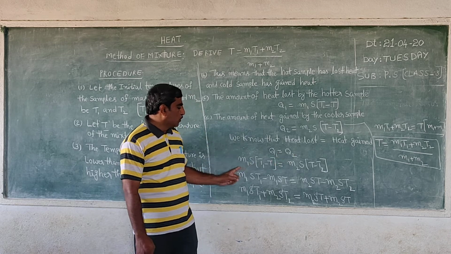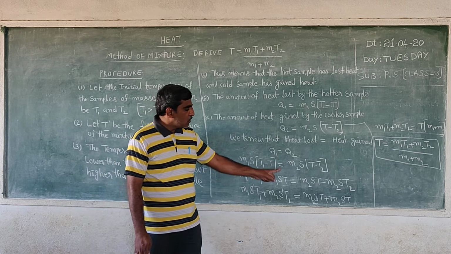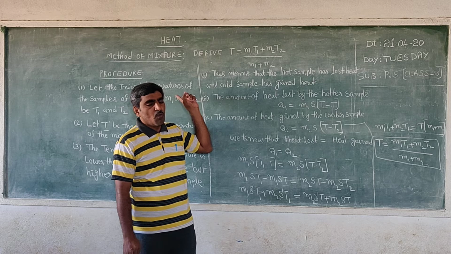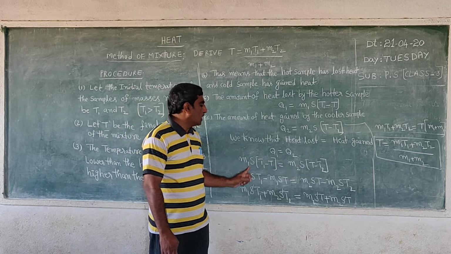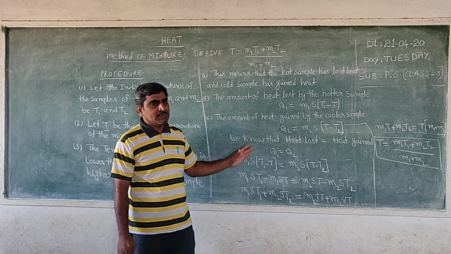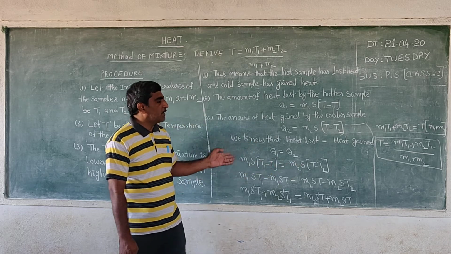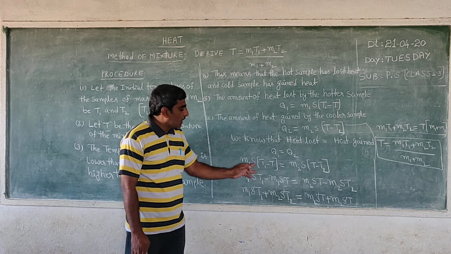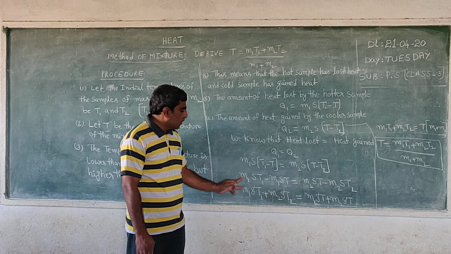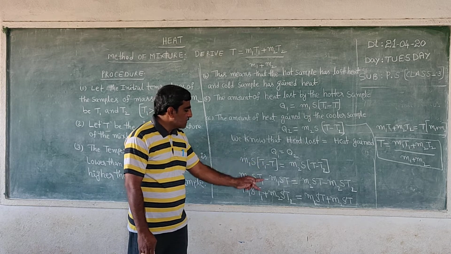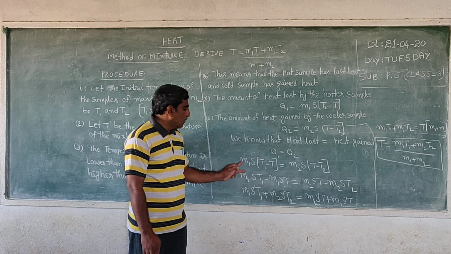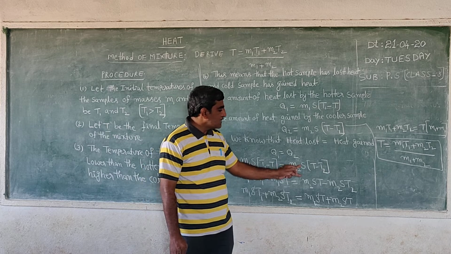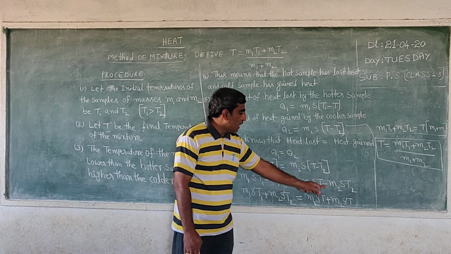So Q1 equal to Q2: M1 S into T1 minus T equal to M2 S into T minus T2, where S is the specific heat of water. The two samples are the same substance, so S is the specific heat of water. Now we open the brackets. M1 S T1 minus M1 S T equal to M2 S T minus